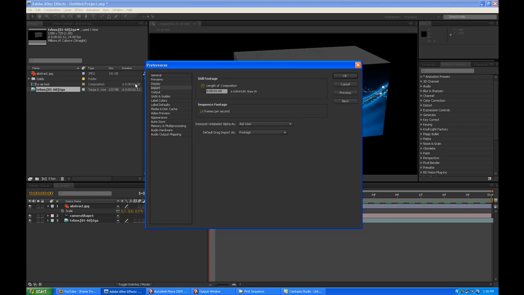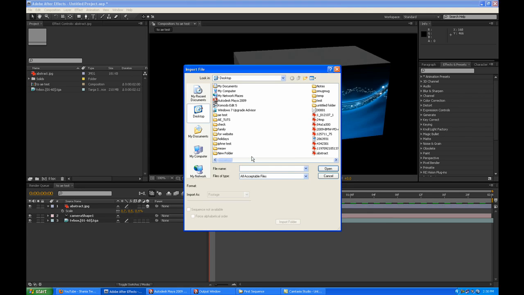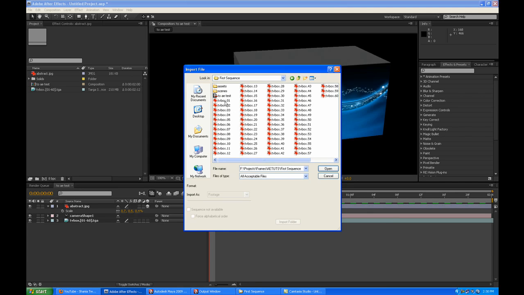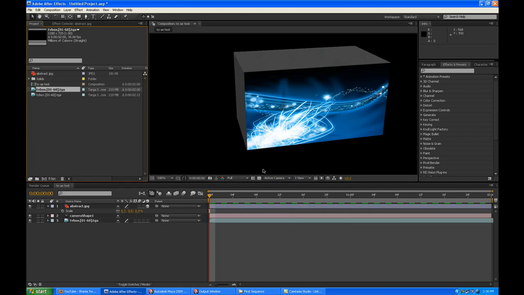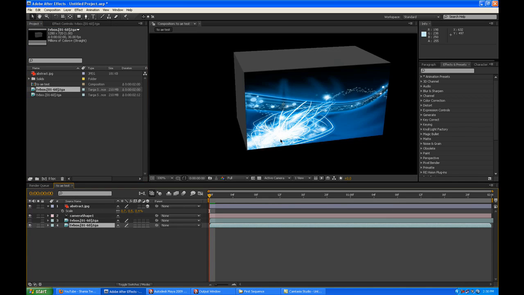If it was 30, then I'll tell you what happens. I'll just put it to 30. I think by default it is 30, I guess. So if it's 30, I'll re-import the image, and it shows 30 frames per second. I just cut this out and drop this in, and if you see, it matches for the first frame, but if you move,